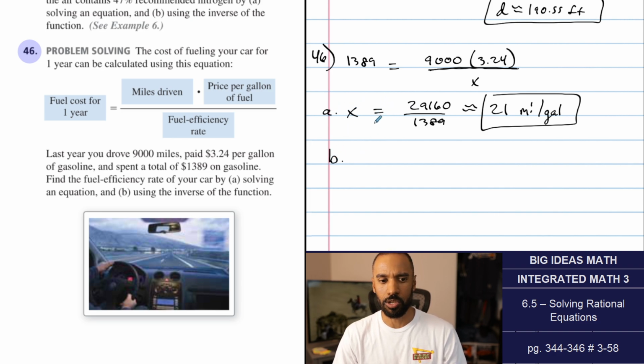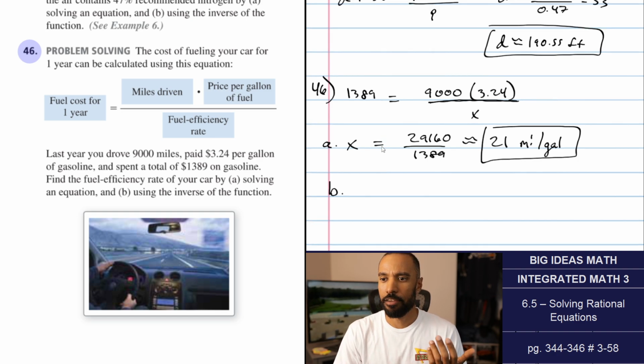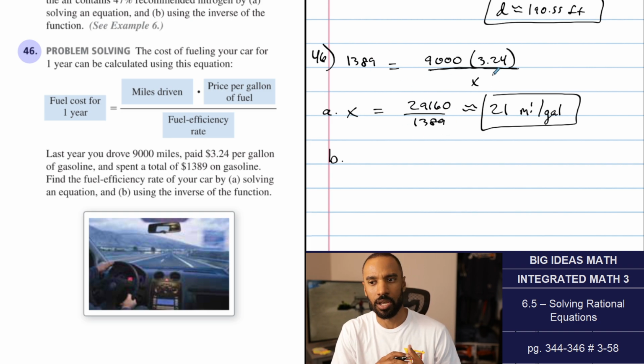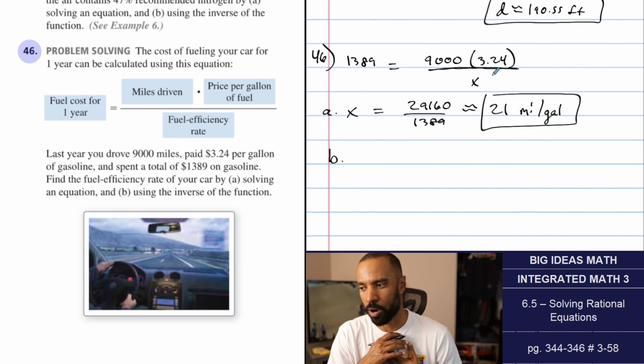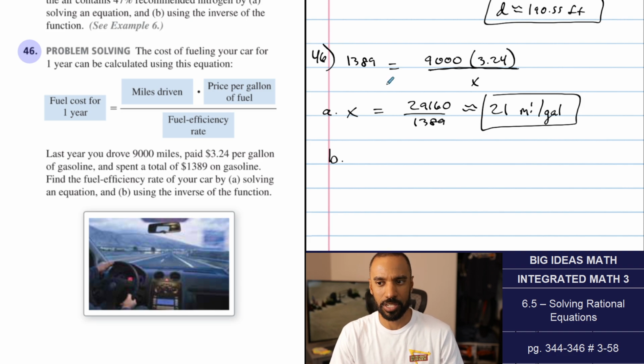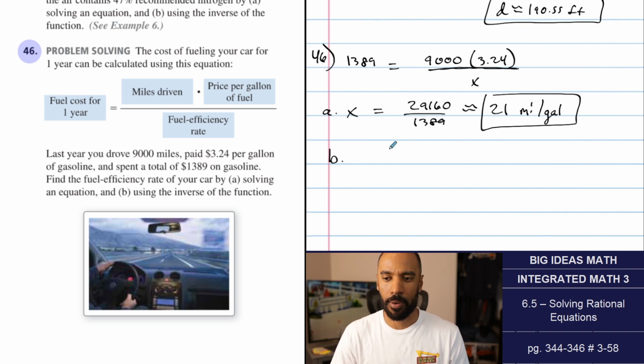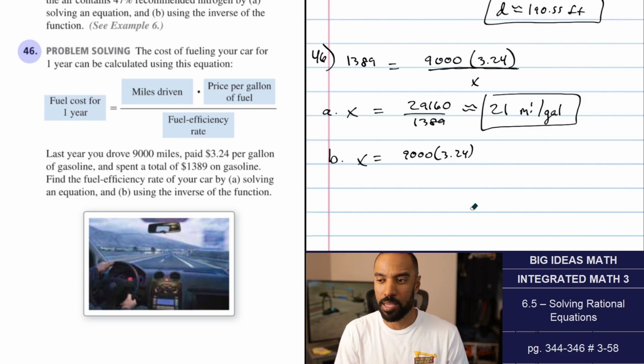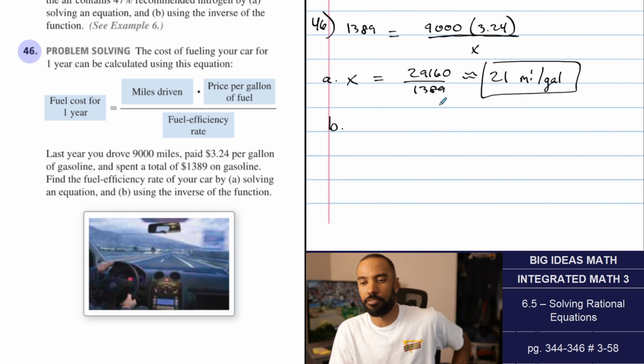They said using the inverse of the function. If fuel cost is that part of the inverse, I'm going to do what I did here anyway. I'm going to swap them and do that division. So I can't really think of how these two problems are different. They're literally the same. I'm having trouble determining how I can make this an inverse without doing it the exact same way. Honestly, guys, I don't know what to say. Maybe my problem is I treated this one like an inverse the first time. Remember, in finding an inverse,